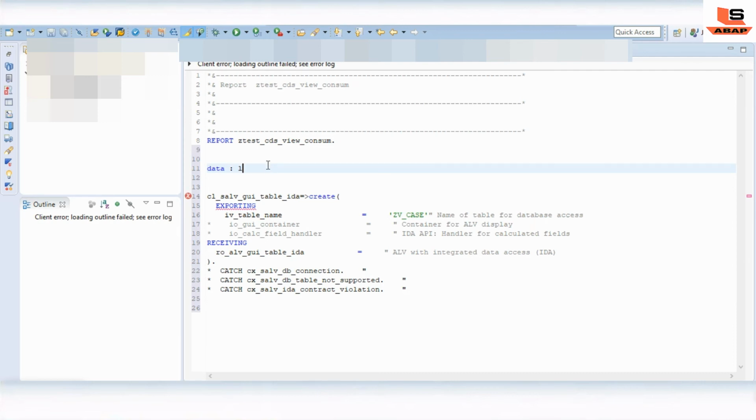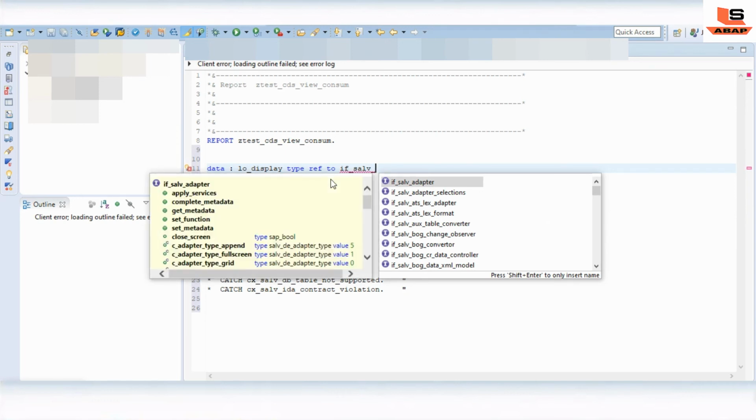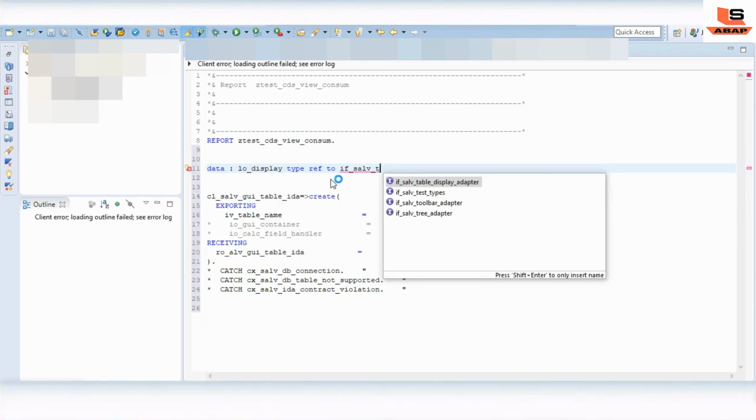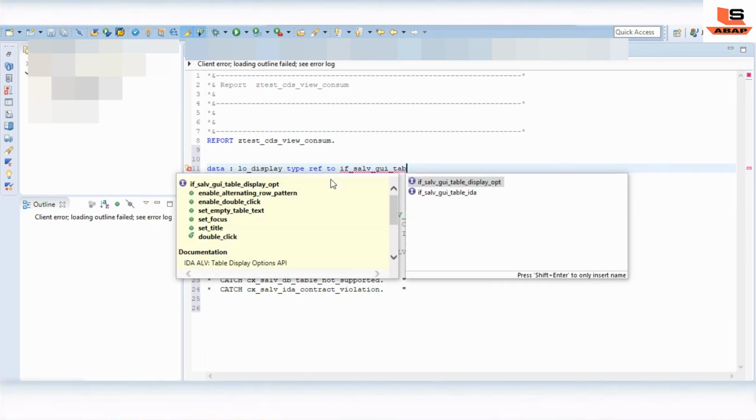For the local object, we will define the type: REF TO IF_SALV_GUI_TABLE_IDA.